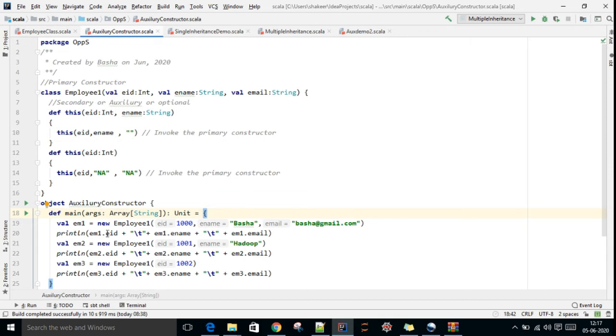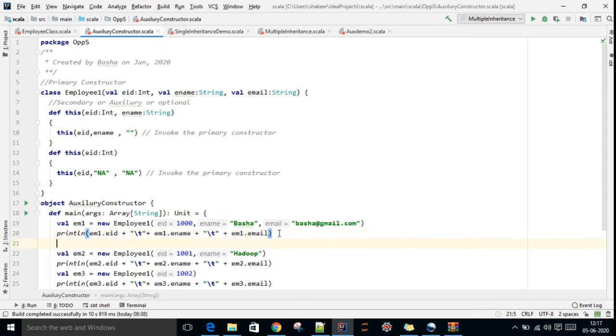Here I am printing instance dot employee id, then a tab separator. Slash t means we are separating these parameters with a tab. Then instance dot email. These three I'm printing. This is the primary constructor we are calling.